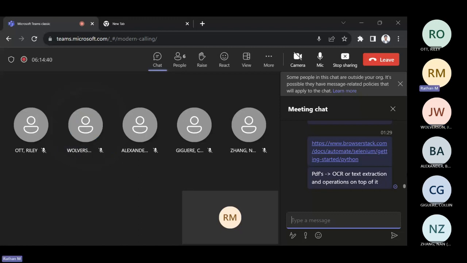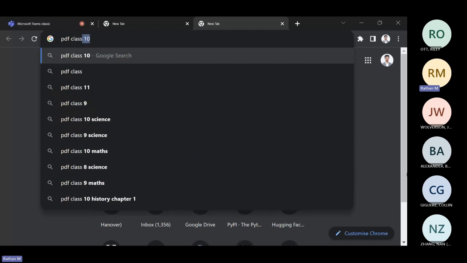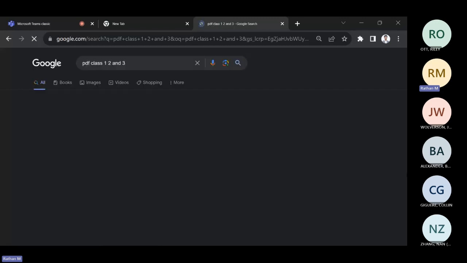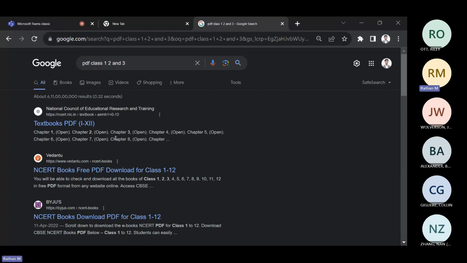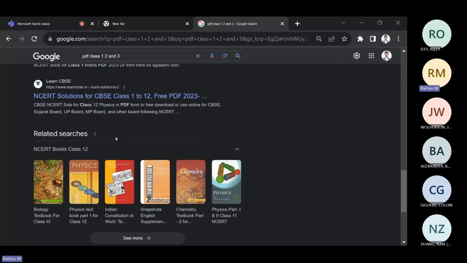All right, so I completely get this point. When we talk about PDFs, we have different classes for us to recognize: PDF class 1, 2, and 3. I don't know if I can immediately find this. There's a particular keyword for it which I do